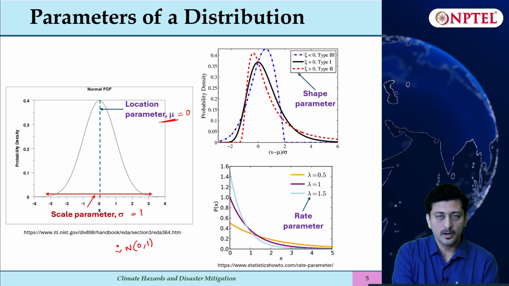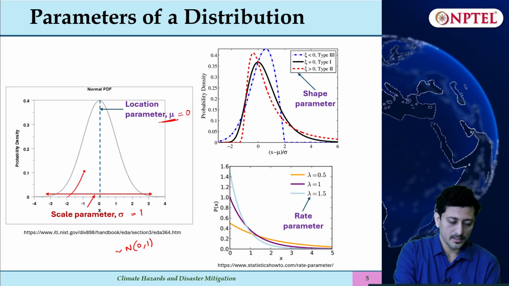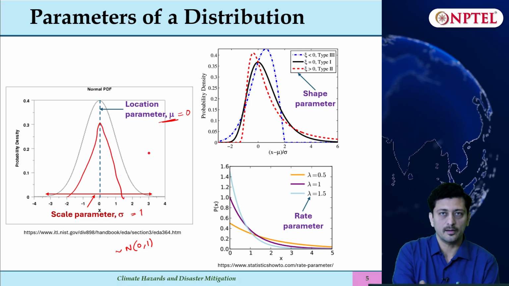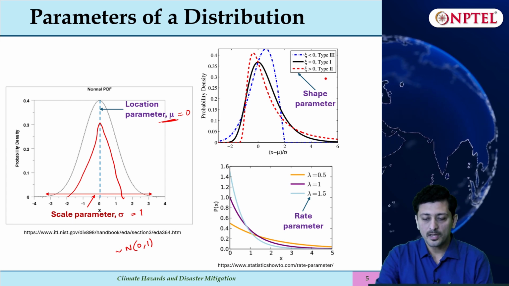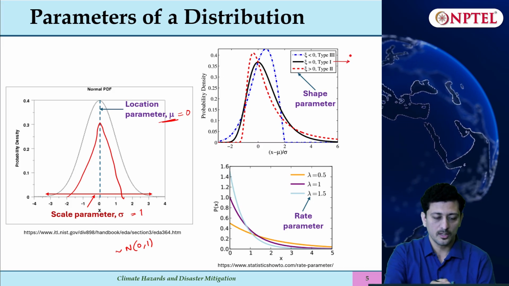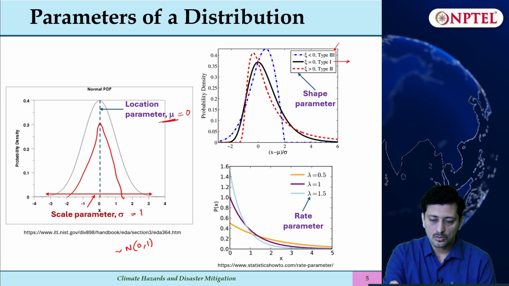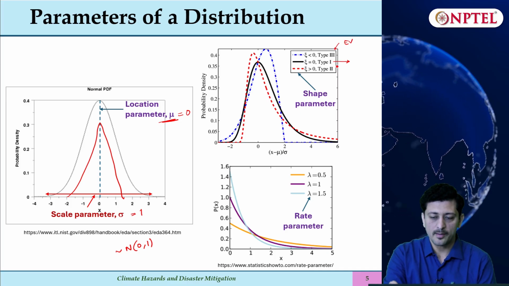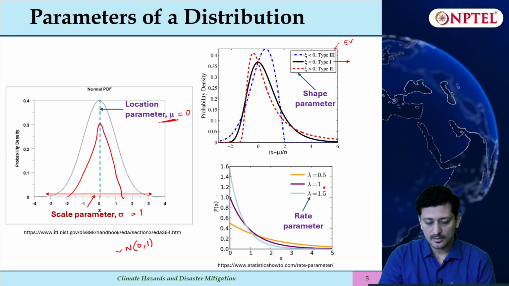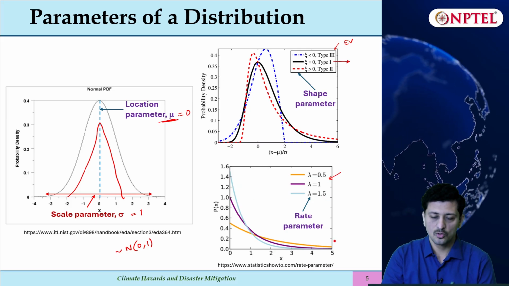If the data is spread too much, it gives you an idea of how the scale parameter is varying. For example, there can be another dataset with the same location parameter but a shorter scale parameter, so the properties will change. The third parameter is the shape parameter. For the normal distribution, the shape parameter will be 0 because it is symmetric, but there are some extreme value distributions, extreme value type 1, type 2, and type 3, which have different values of the shape parameter. And then there is the rate parameter, which is usually observed in the exponential distribution. It shows the rate of decay.